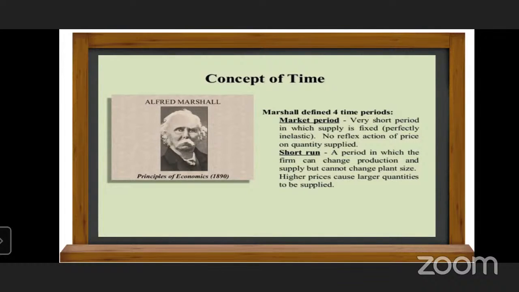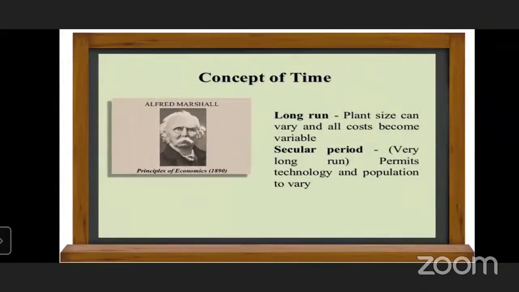Second is the short run, which is a little longer than the market period. Here supply can be changed, but the plant size cannot be changed. Within the existing plant size, you can increase or decrease the supply. That is the short run. Then we have the long run. In the long run, plant size can be changed, but technology remains nearly the same. But in the secular period,